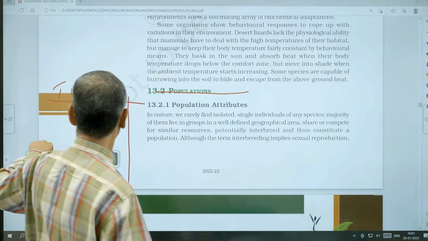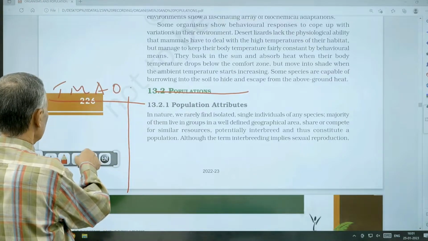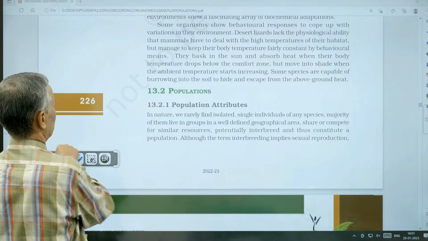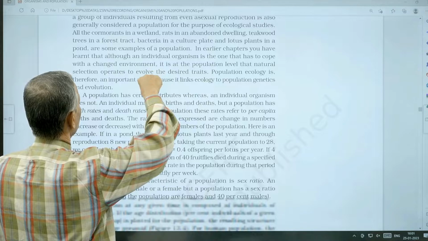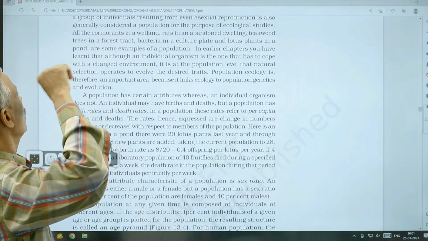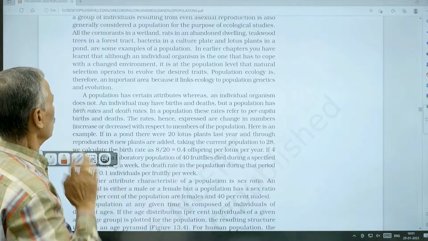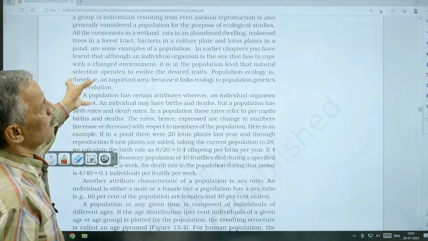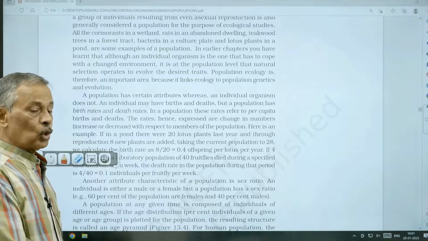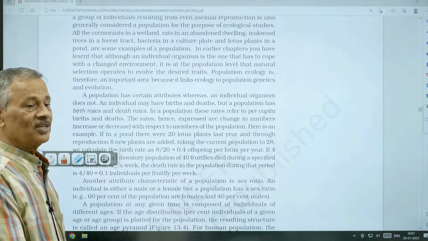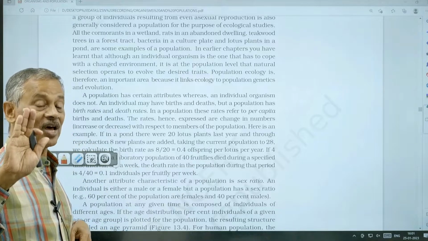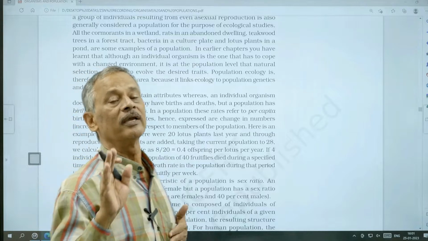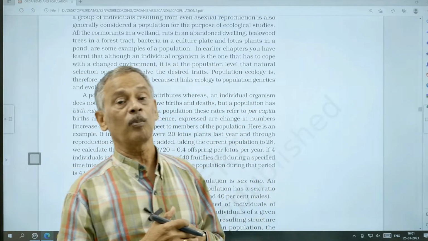Okay. When we define species, we know that we also include reproduction, the ability to reproduce. Here, any type of reproduction is sufficient. So all these members which are reproducing among themselves, living in an area, constitute the population. So population will be having a number of characteristics. Though population is made up of organisms, the characters of the organisms are not the characters of the population. Population is having its own unique characteristics. They are called population attributes.